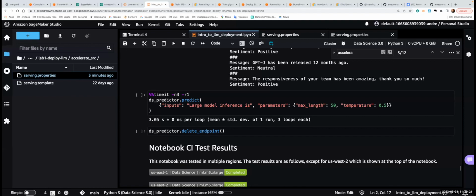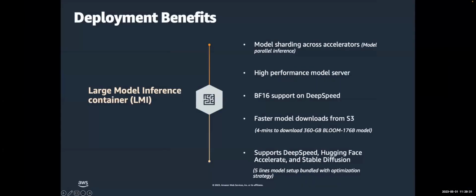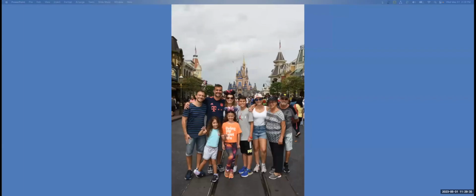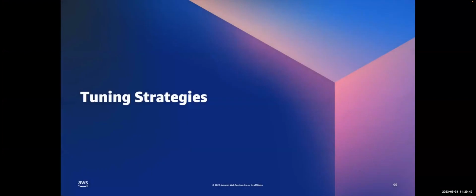But going back to the session, this is the first portion of the demo, but I wanted to spend some time with you to explain some of the tuning strategy. I know you guys have seen some of them in the previous sections, but I wanted to do a recap because